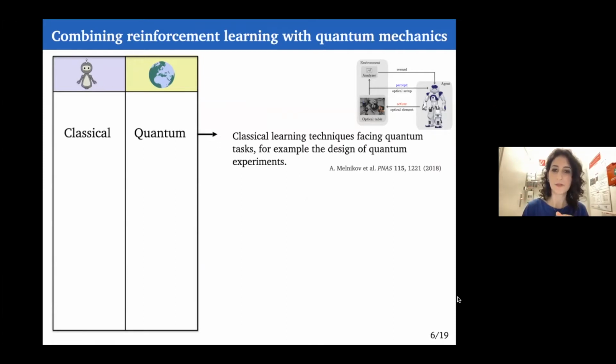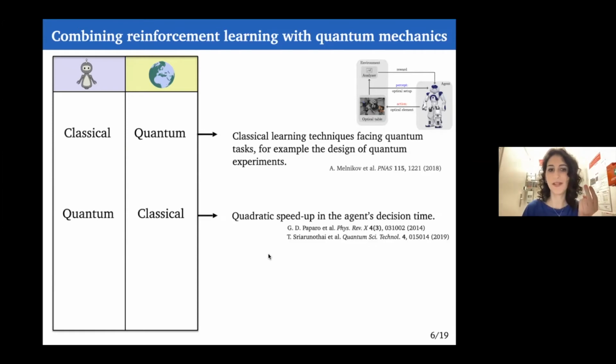And this was used to design some quantum experiments. Actually, this is a very nice paper here. So this is, for example, one of the applications that this framework can offer. But then we can also have it the other way around. Now we can keep the environment classical, but quantize the agent. And so in this